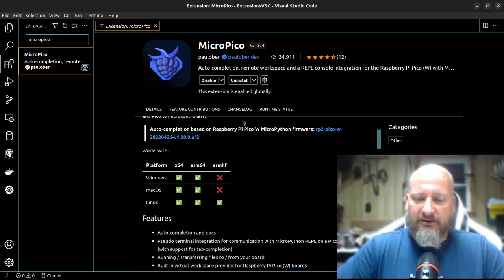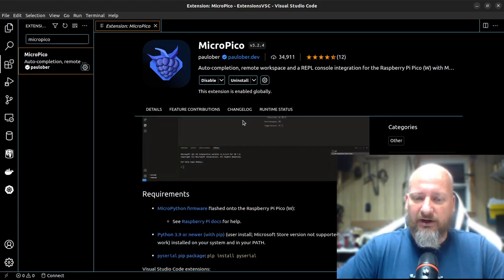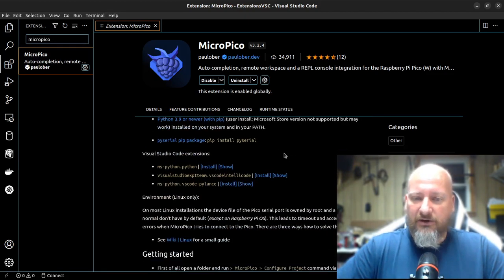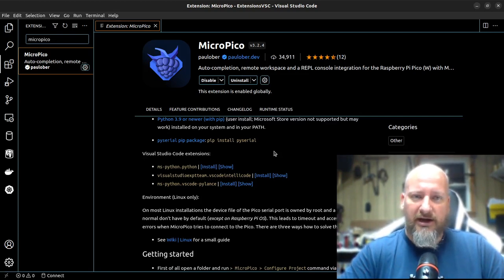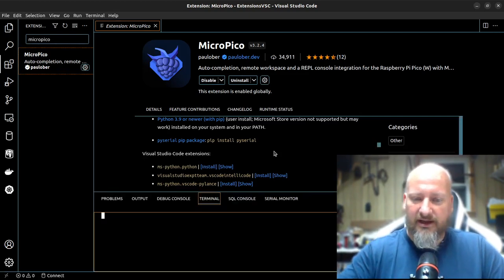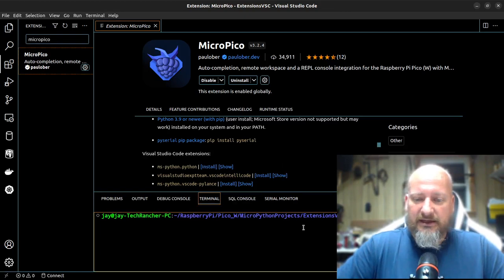Once that's downloaded, we're going to have to go down here and open up a terminal, and we're going to have to pip install PySerial. To open up a terminal in Visual Studio Code, you hit Ctrl+backtick, which is the key below Escape on most keyboards. Hit that together, and that will open up a terminal. Once the terminal is open, we're going to type in pip